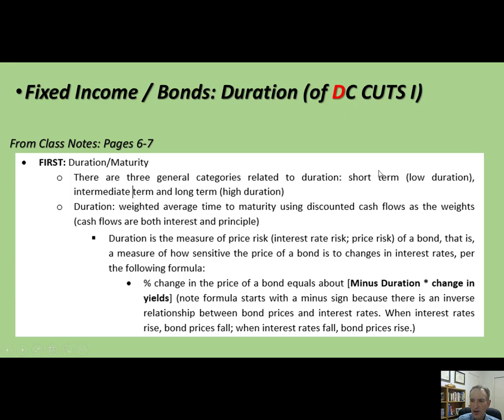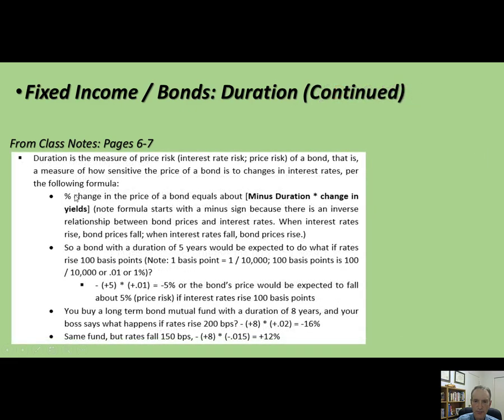The company Vanguard was the first company to come up with these designations for bonds: short-term, intermediate, and long-term bonds. Short-term bonds have the lowest duration, but remember they have the highest reinvestment risk. Long-term bonds have the highest duration, the highest price risk, but also will have the lowest reinvestment risk. All right, so there's your definition, your subcategories. Let's get a little bit more into this definition and look at some examples.